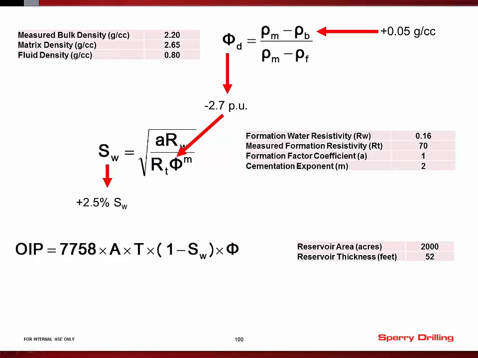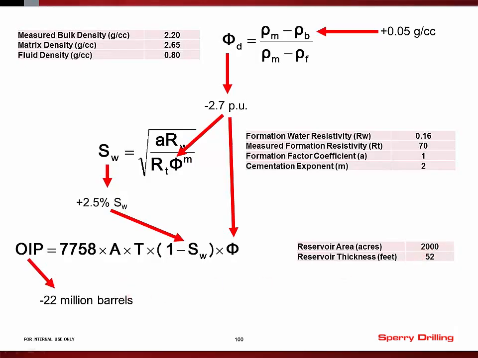So we'll see how that is impacted by these errors that we've introduced with our density measurement. The 2.5% increase in water saturation goes in here. The 2.7% decrease in porosity goes in here, so that kind of has a double effect on the result, which puts the estimated oil in place down by 22 million barrels, if we assume some numbers for the thickness of